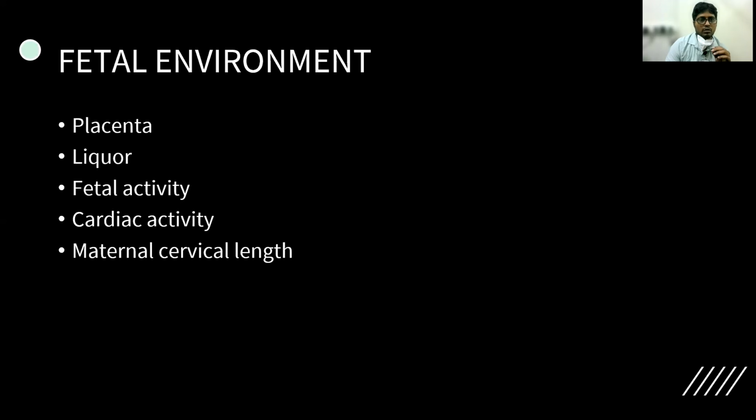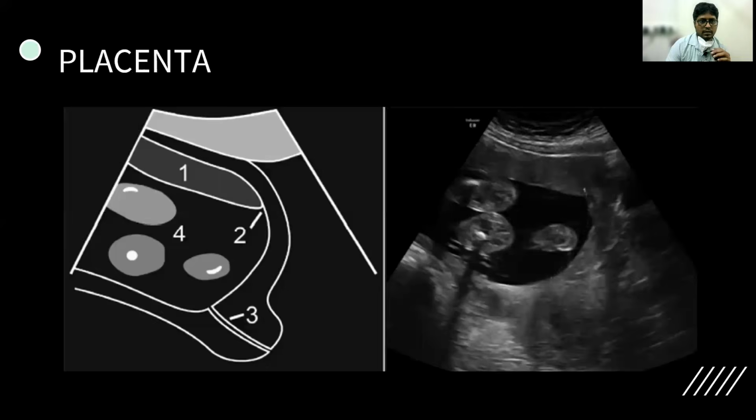When we go about talking about the fetal environment, we have to talk about the placenta, the liquor, the fetal activity, the cardiac activity, and the maternal cervical length. All play an important part in the continuation of pregnancy. The first thing is looking at the placenta. We should label it whether it is anterior, fundal, posterior, lateral, and we should also make sure that we include the lower margin of the placenta and make sure that it is not close to the